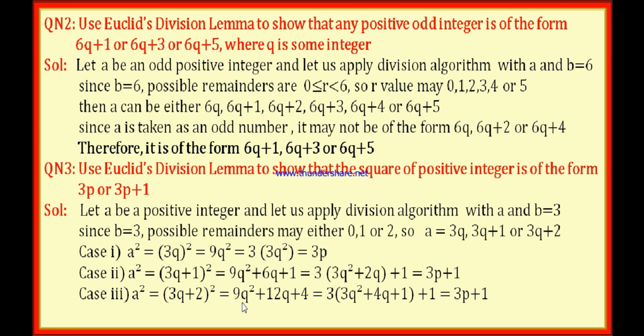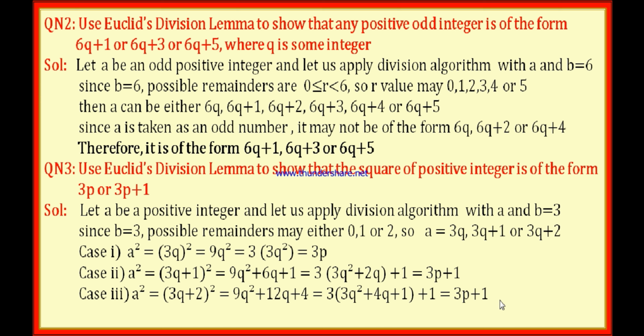If you take 3 common, then this is 3Q square plus 4Q. From the 3 in 3 plus 1 you take 3 common, you get plus 1 inside, and separately 1 is there, therefore plus 1. Again, if you assume that 3Q square plus 4Q plus 1 is P,